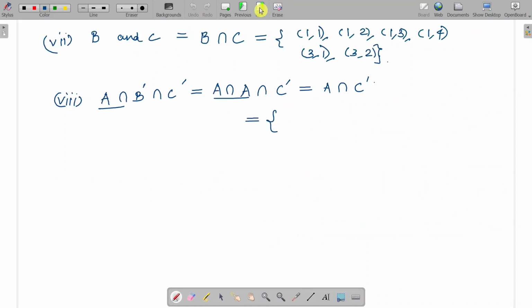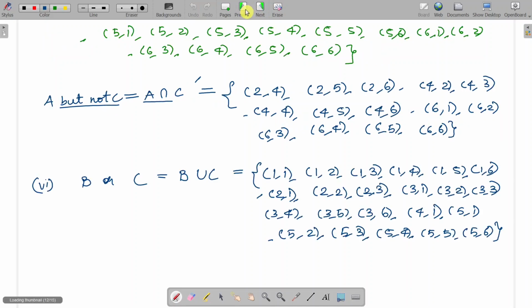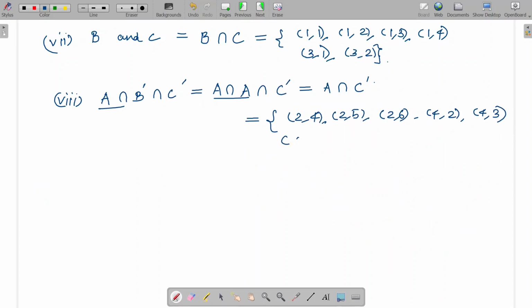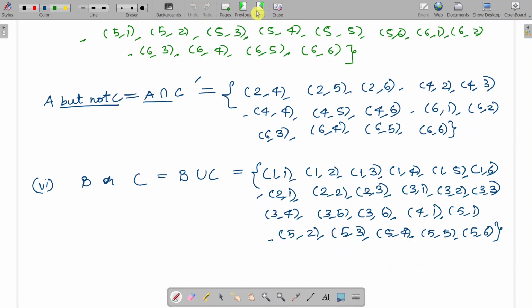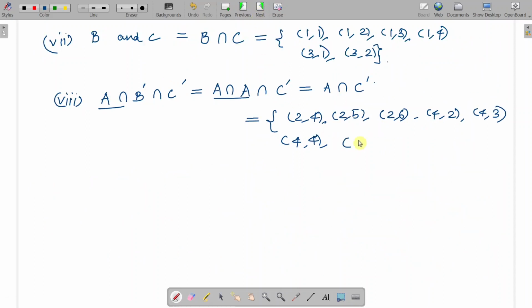This 2,4; 2,5; 2,6, right? 4,2, then 4,3; 4,4. Okay, then 4,5; 4,6, then what we have is